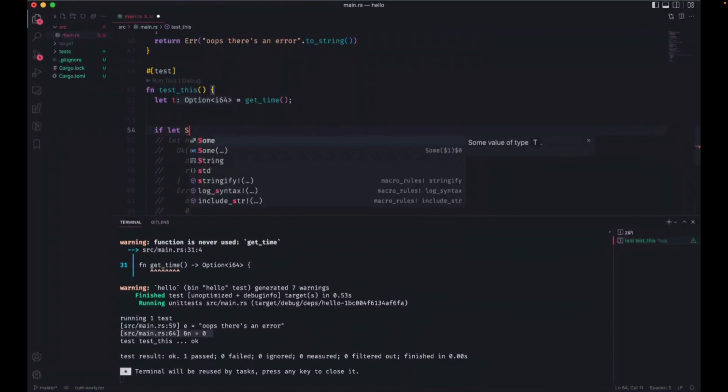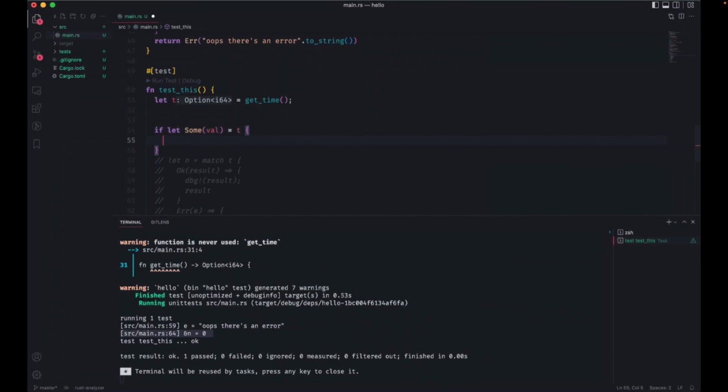So it's the if-let pattern. What does this mean? It's just an if statement. And if it lets me do this assignment here, then do whatever.